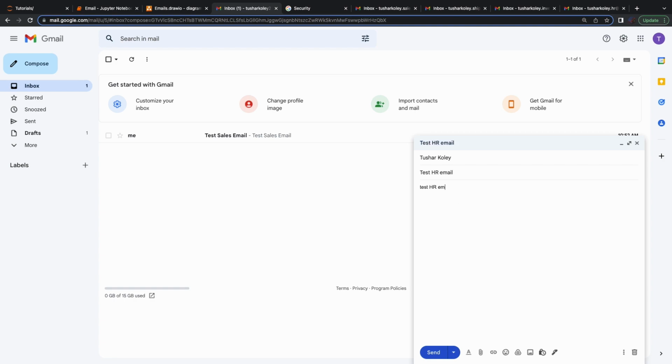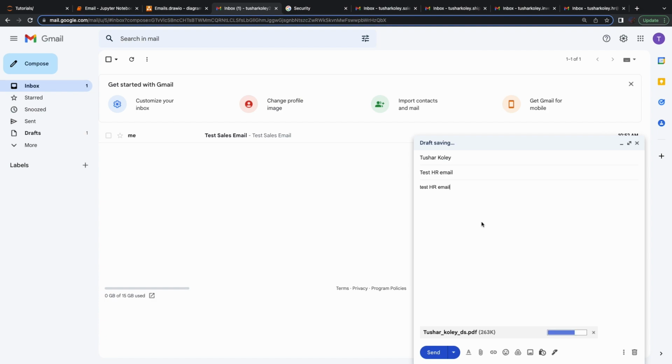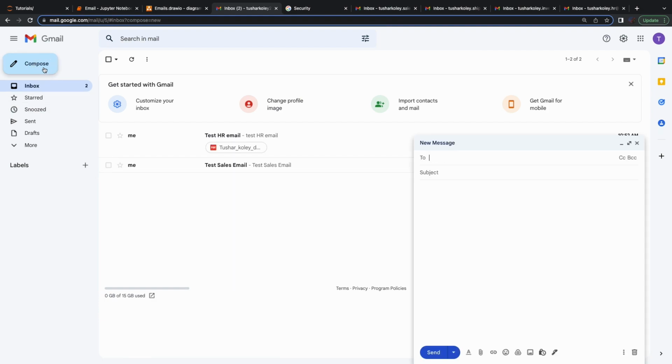Test HR email. Anyway, let me keep some attachment here. Okay, I'll just put my CV here. So I have created another email, the HR email, and then let me create a third email that will be sales HR inventory. Test